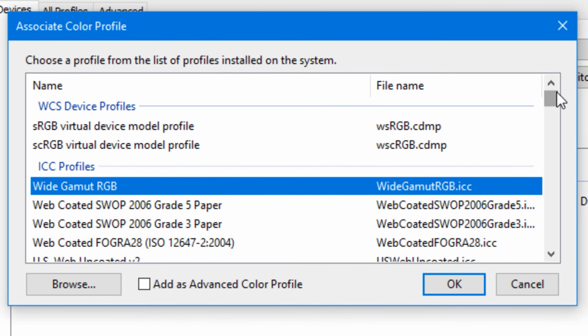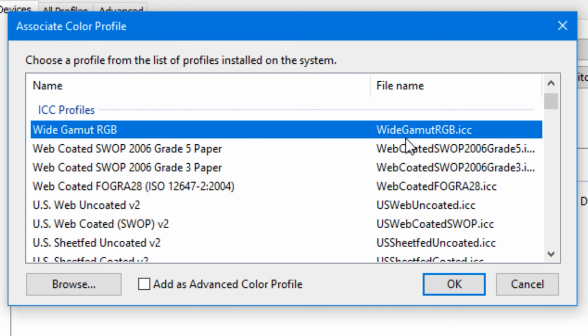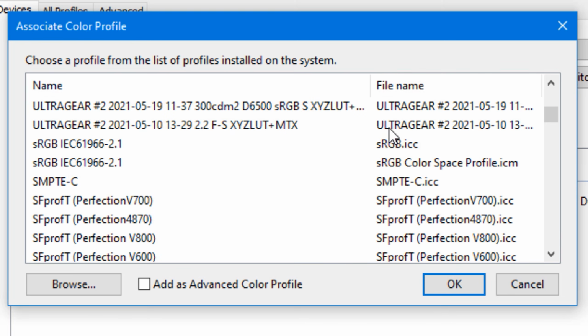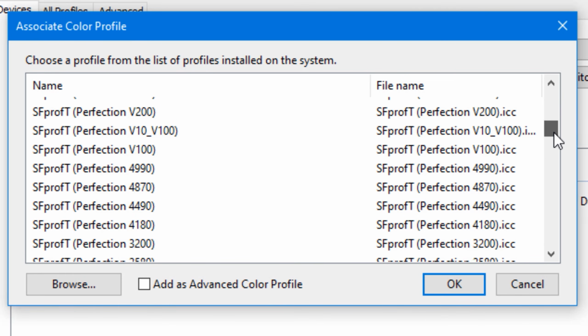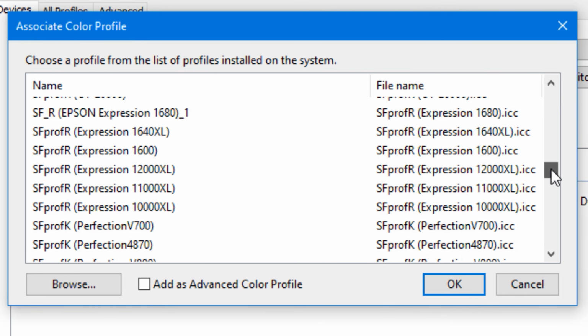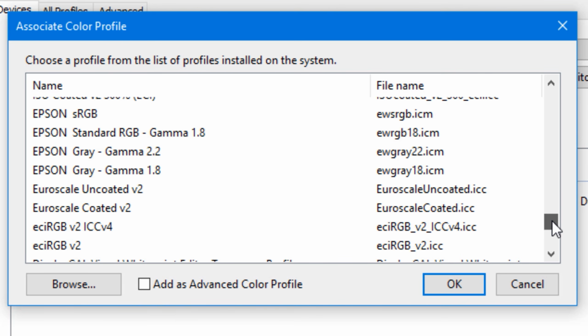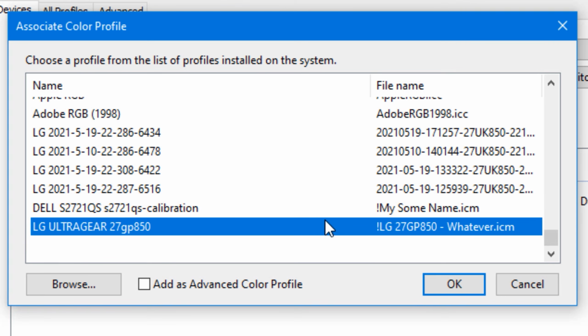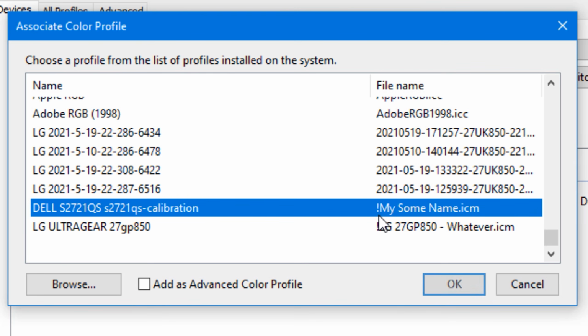Now, this menu sucks. At first glance, it seems like nothing is sorted. There are two columns. The left column is called profile name, and the right column is called file name. But eventually I realized what was going on. It turns out this whole menu is sorted based on reverse alphabetical order on the file name column on the right. So not intuitive, but that's why I said to add the exclamation mark in the beginning of the file name. So now you can literally just scroll all the way to the bottom and the file should be there.